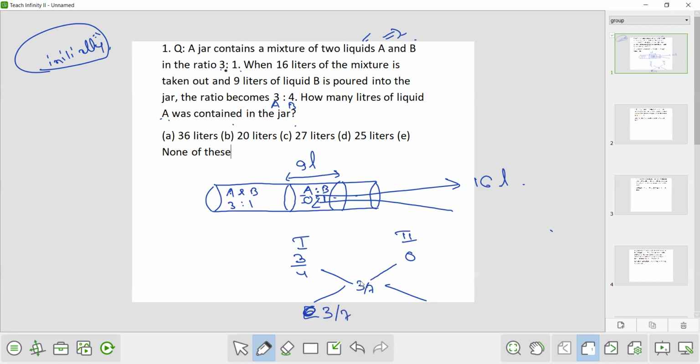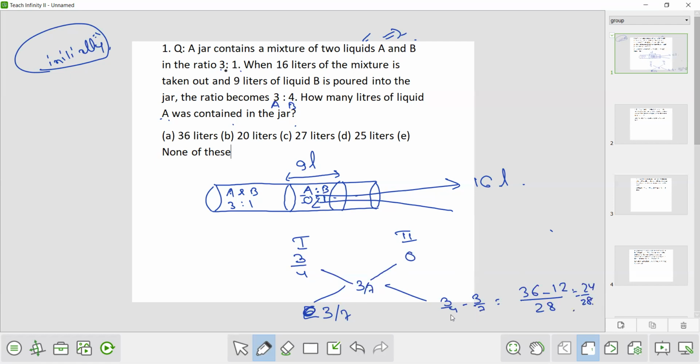And the differences of these we will write here. So this value 3 by 7 and this value 0. So 3 by 7 is greater than 0, and 3 by 7 will be smaller than 3 by 4. So 3 by 4 minus 3 by 7. This is equivalent to how much? 7 fours are 28. 4 threes are 12. So 12, 3 sevens are 21, minus 7 fours 28. So 4 into 3, that is 12. So we got 24 by 28.